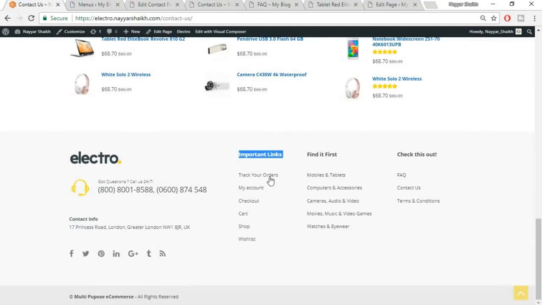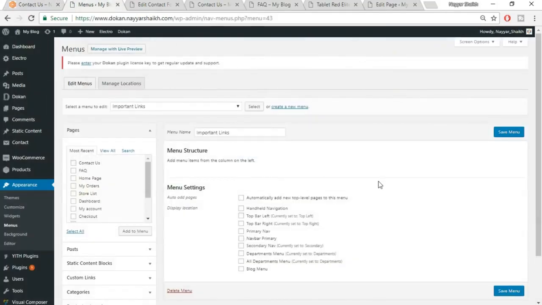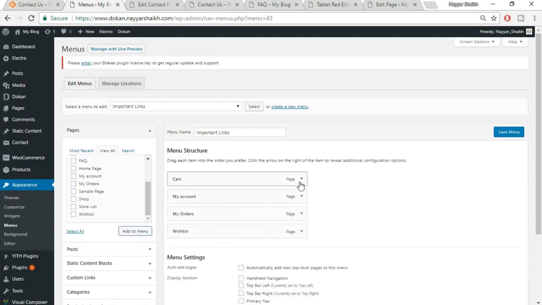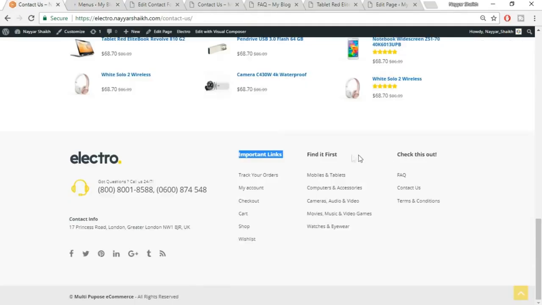Let's see what all we have over here. We have my account, checkout, cart, shop, wish list. So let's add all those pages over here. Okay, my account, cart, wish list, my orders, whatever pages you want. Just click on add to menu. Click on save menu. Then again we have another one which says find it first, and we have all the